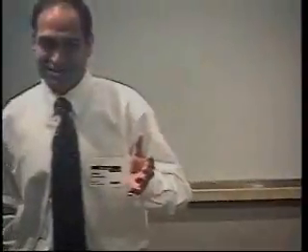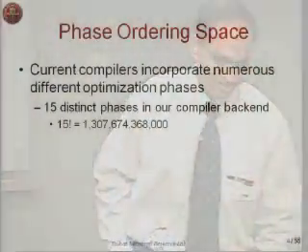Yes? How many phases are typically there? It changes by compiler. Our compiler has 15 phases. GCC has more. GCC has a trick actually. So they have some phases which they apply at different times and have different numbers. So they have something like scheduling 1, scheduling 2, scheduling 3. So they have 15, 20, 30. And with 15, for example, in your compiler, all 15 factorial permutations are possible. Yes, I'll get to that. Yes, but yes, that's possible.